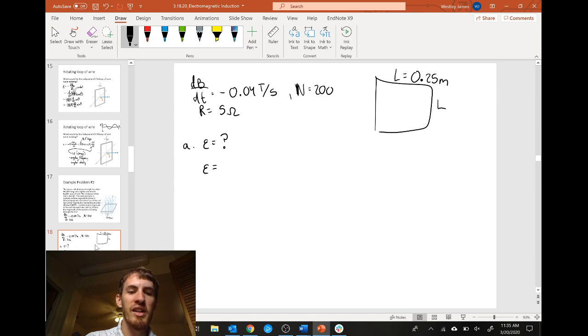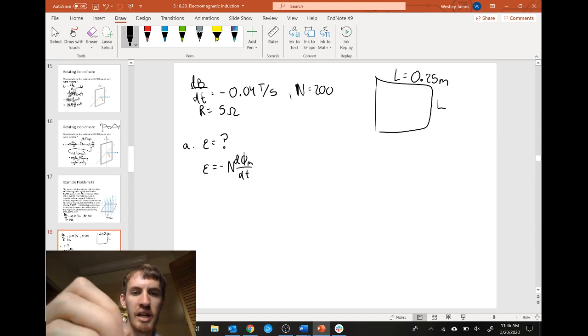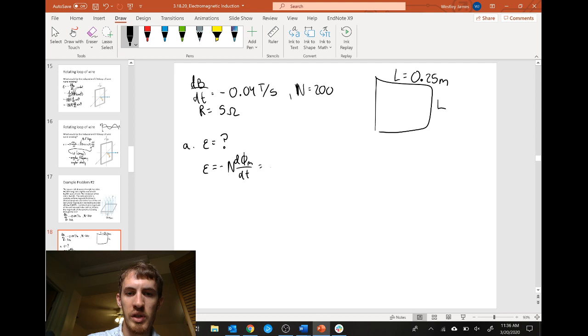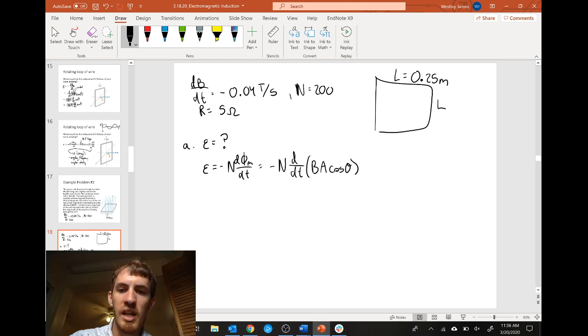So, EMF equals the negative change in magnetic flux with respect to time, and we do have that N, where N is the number of loops. So we put that, and we're going to put the change with respect to time. We write what flux is. It is B times A times cosine of theta. This is pretty much the process you'll follow for all these problems. What is the angle between the area vector and the magnetic field? Remember, this theta is the angle between